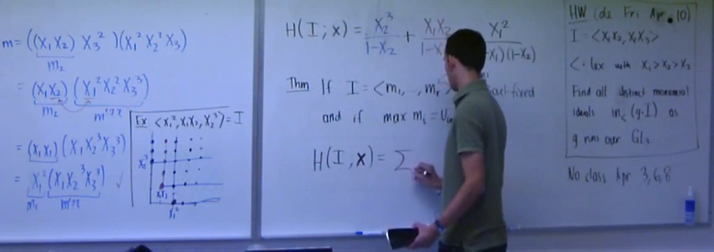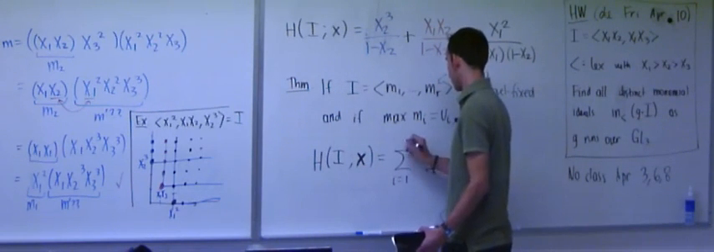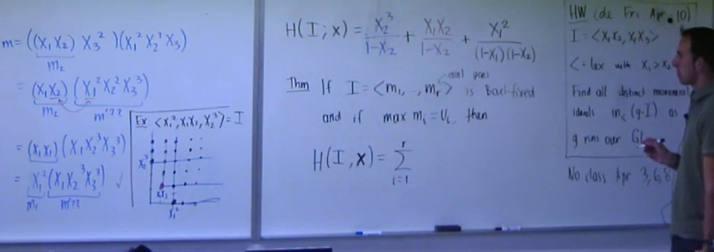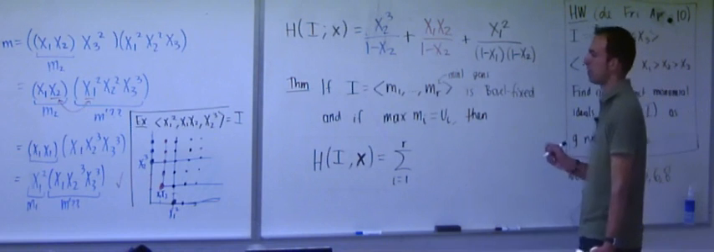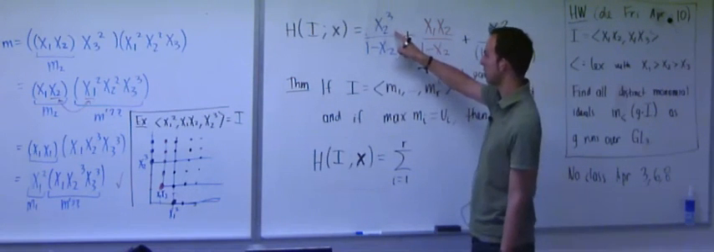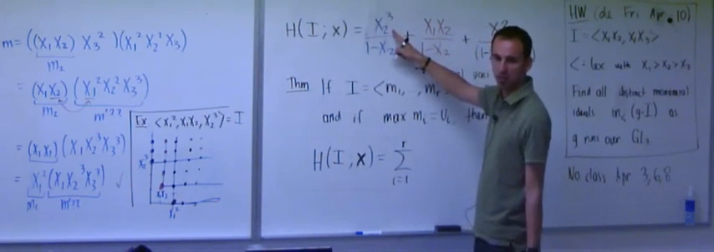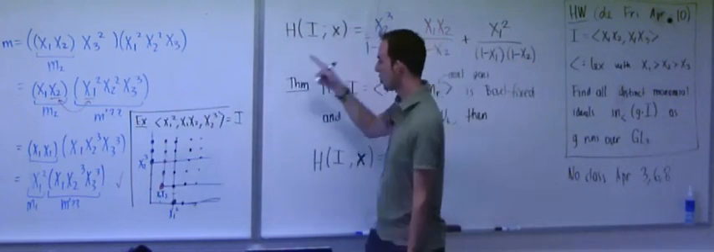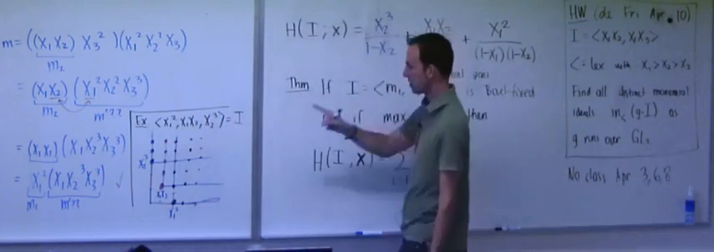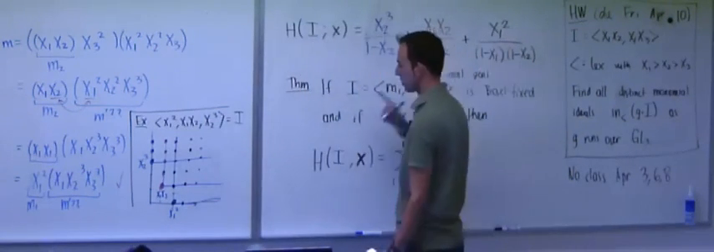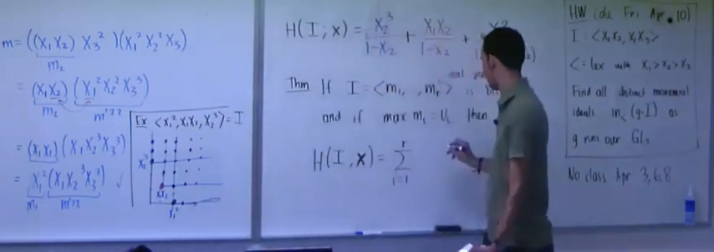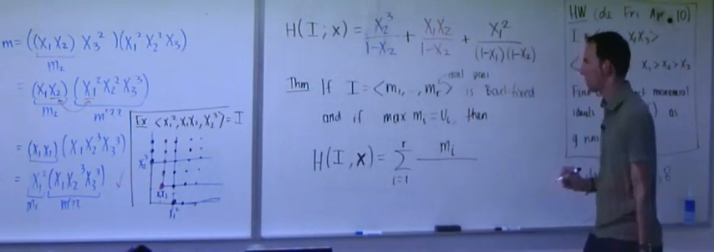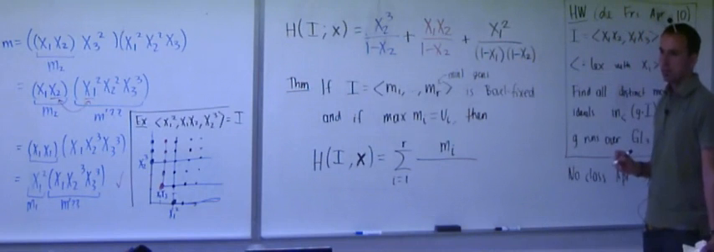So you get the sum from i equals 1 to r of what? Well, in the numerator, we just get the generator, right? So the numerator here was x2 cubed. Here it was x1 x2. And here it was x1 squared. Okay. And in the denominator,